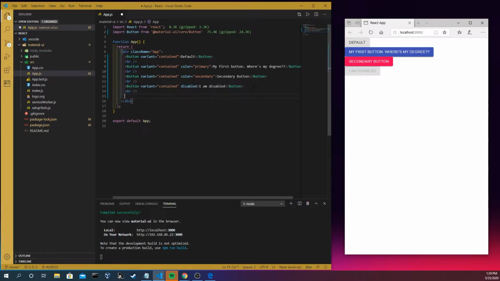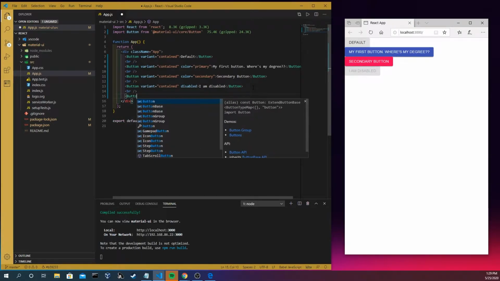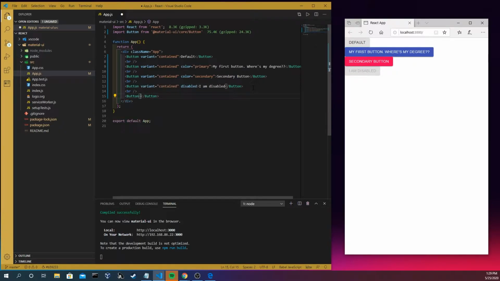But there is one more thing that we do need to do, and that is I could show you how to link to another page. And so I'm not going to link, I'm going to give you a dead link, but I'm going to show you the process by which you could do so. And so let's link to an internet scam. Please don't put any scams in the YouTube section below, although that is pretty much an invitation for you to do so, right? So we're going to have the variant contained, we're going to have the color be primary, but then